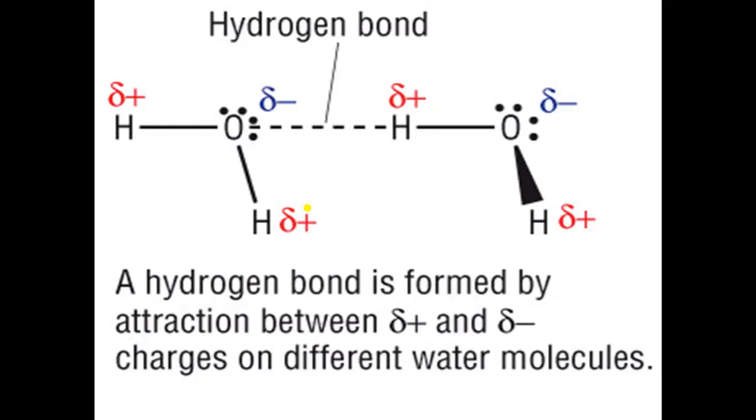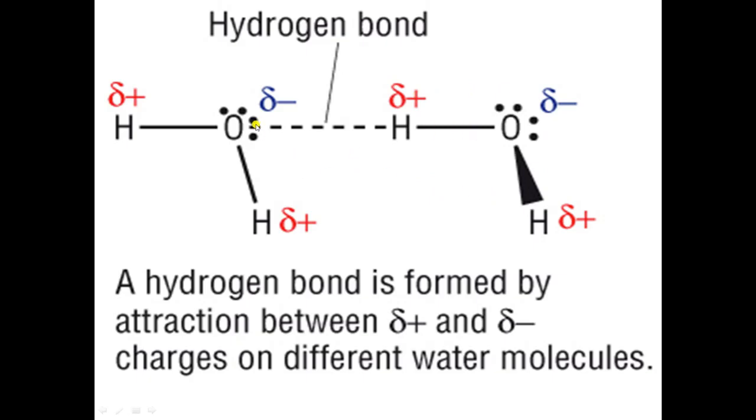So you will understand this with the help of this example. For example, this is the structure of a water molecule, right? This is oxygen and these two atoms are hydrogen. Now oxygen is more electronegative, right? And hydrogen is electropositive. So there will be a partial positive charge on hydrogen and on oxygen there will be a partial negative charge. Now this is the first molecule. The second molecule of water will be present here, the same molecule.